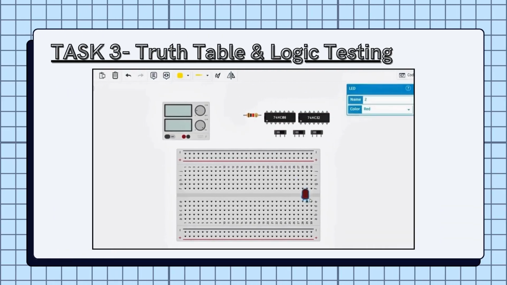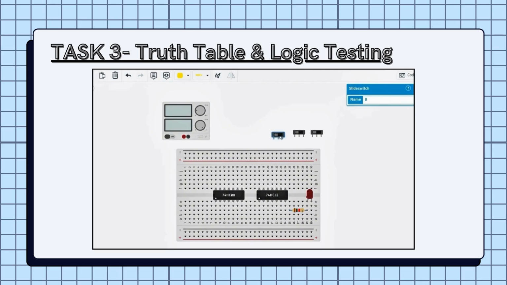The simulation represents a circuit that combines an AND gate and OR gate to control an LED based on different switch inputs. The circuit is built on a breadboard. An LED is used as the output indicator connected with a 1 kilo ohm resistor to protect it from too much current. Two logic ICs are used,